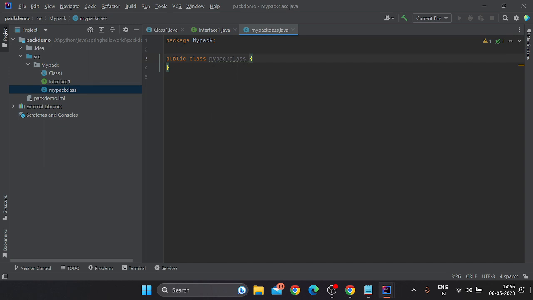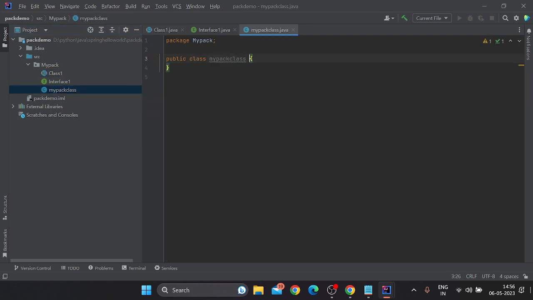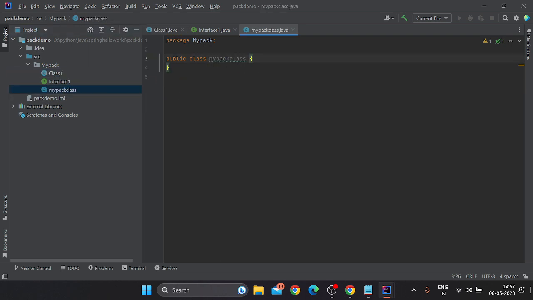Now in the MyPack class, I will implement inheritance over here. Inheritance means when one class is going to inherit features of some other class. So we already have Class1, which is an abstract class. So this MyPack class will inherit which class? Class1. To inherit, we have to use the extends keyword in Java. That means the MyPack class is going to extend which class? Class1. So I will write public class extends